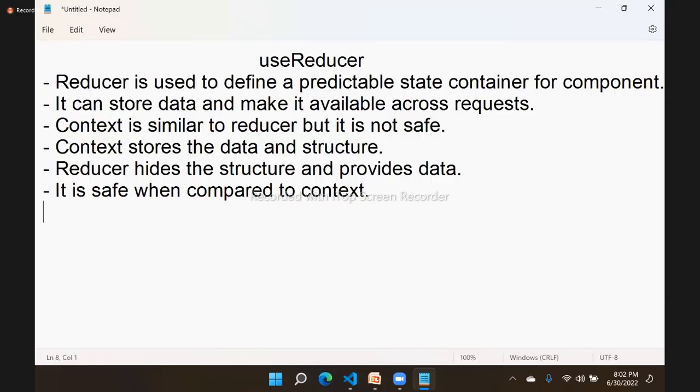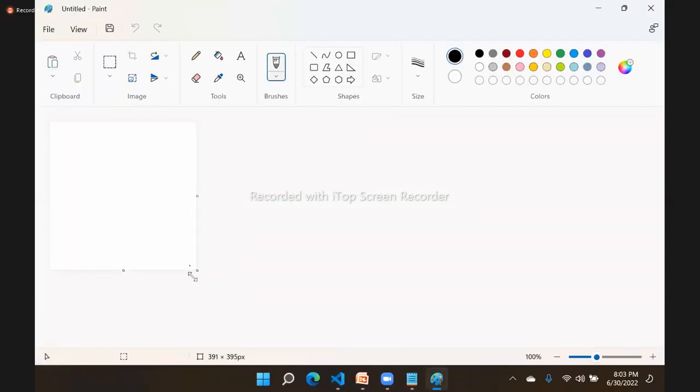Now, in that case, reducer is better. No, reducer is not always better. Why is reducer not better? Because it is an external library again. So using an external library, that means, for example, if I ask you a question, suppose I want